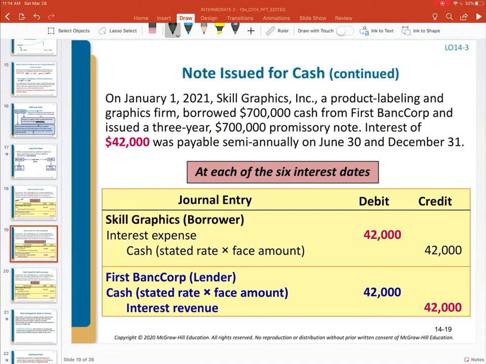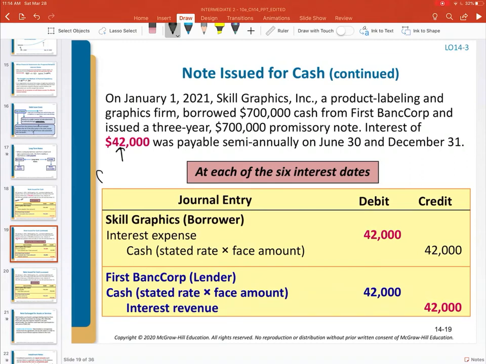If there's no premiums and discounts at the onset of the issuance of the note, then there's not going to be any amortization of premiums and discounts throughout the interest periods. So again, notice very simply every 6 months we would prepare the same journal entry. The borrowing company would debit interest expense and credit cash